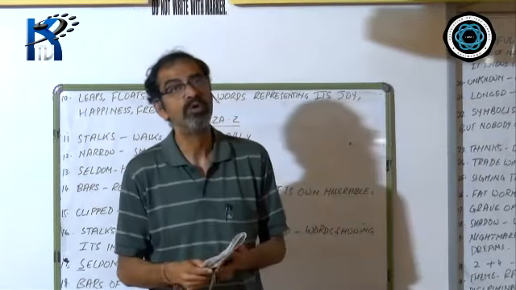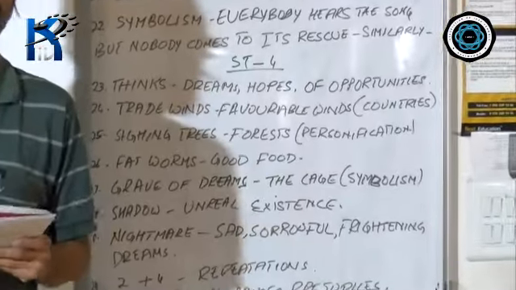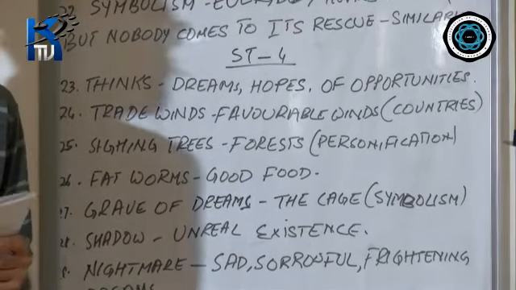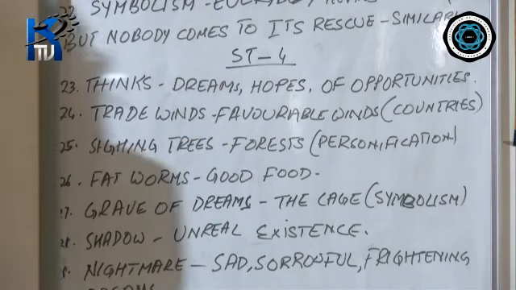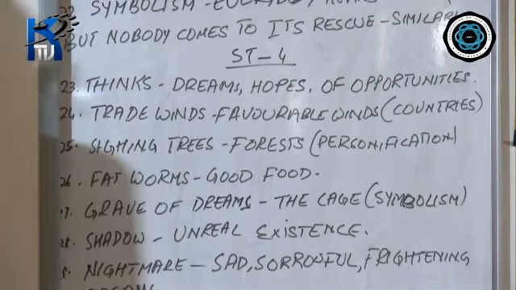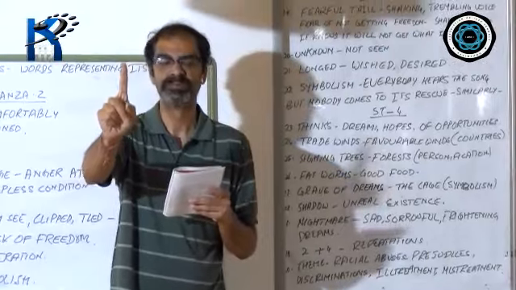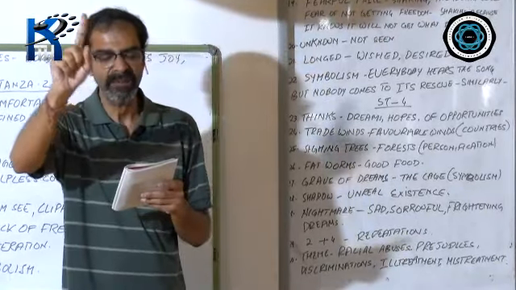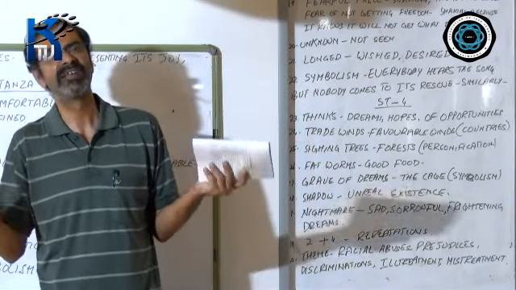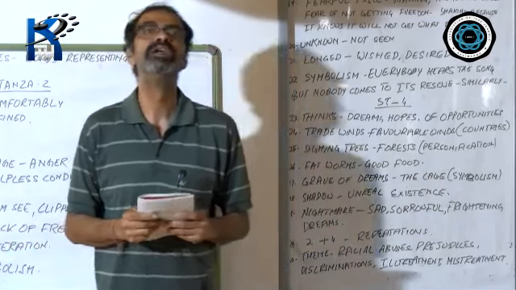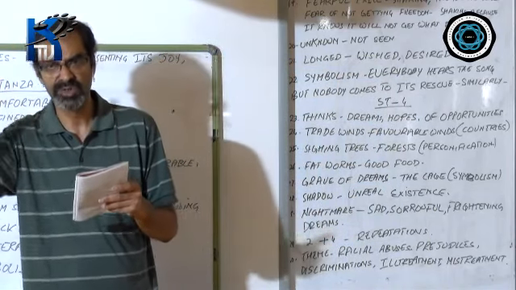Now, we move on to the fourth stanza. Remember, this fourth stanza is not about what is happening. It is what the free bird is thinking. And you know, when you think and you get what you think, or you expect to get what you think of, that is also a kind of freedom. That is why the poet says, the free bird thinks of another breeze. The free bird thinks of another favorable breeze when to fly. And the trade winds soft through the sighing trees.